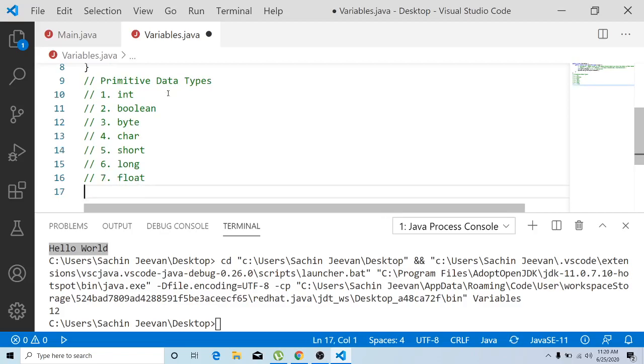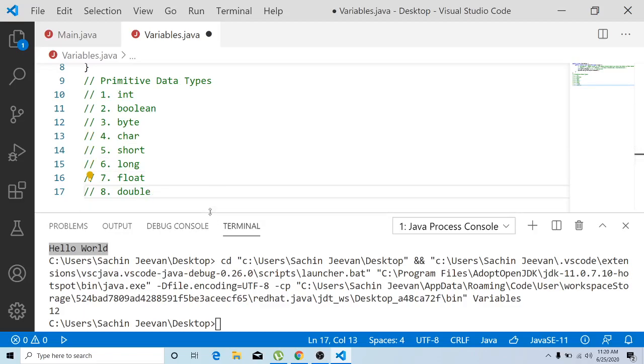So you have float and also double. These are all the important primitive data types that you are going to look at: integer, Boolean, byte, character, short, long, float, and double.